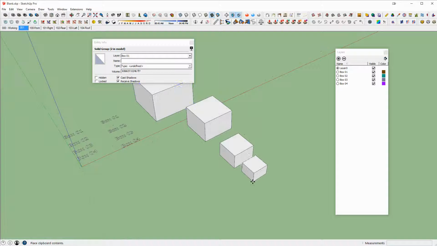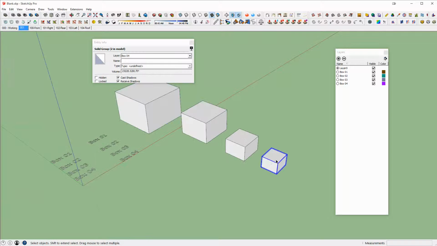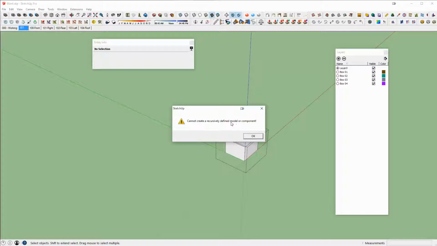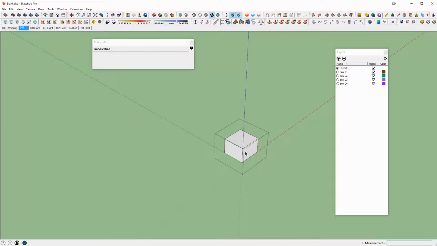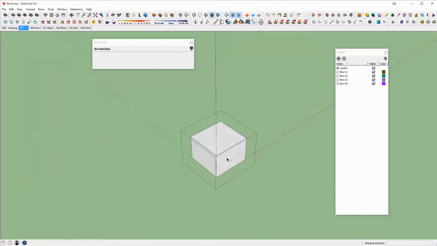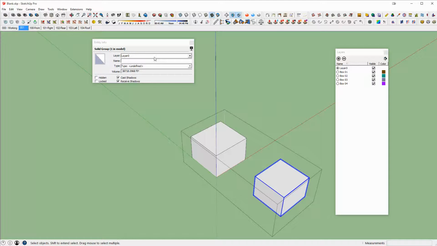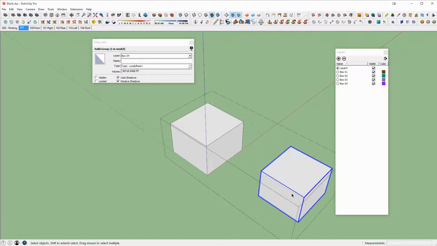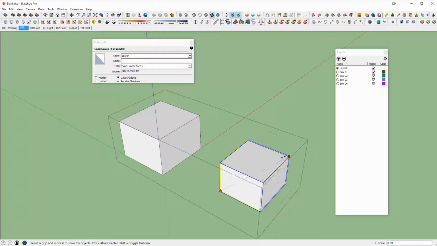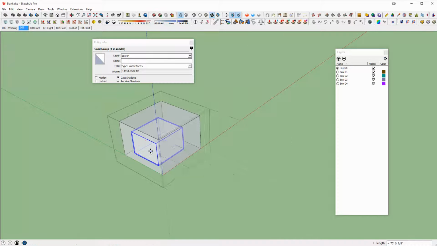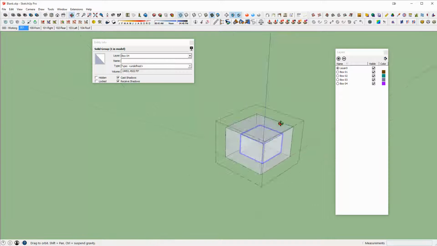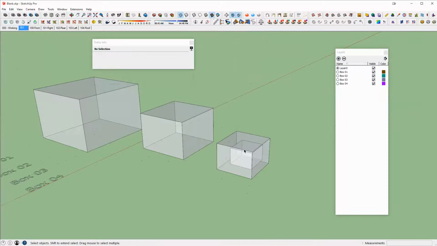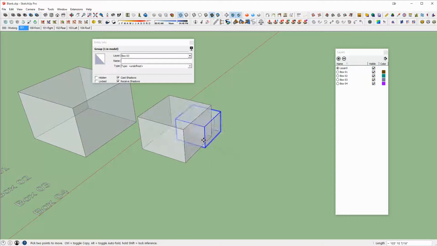I'm not sure why that didn't work. Let me see here. Box 4, box 3, 2, 1. Alright, well, we'll just come inside of here and make our box 4. Maybe we'll make this just a little bit smaller. We're just trying to visually show what's going on, that you can see that box 4 is inside of box 3, and we're going to put box 3